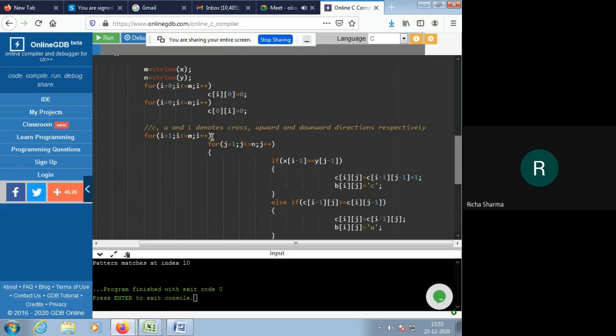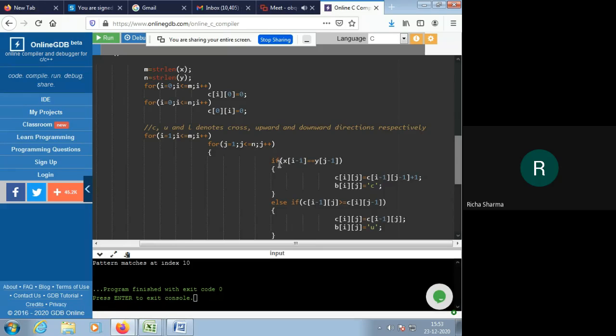So we have two for loops here. The first will continue from 1 to the length of the first string, and the second will continue from 1 to the length of the second string. And at each step, they both get incremented by 1.